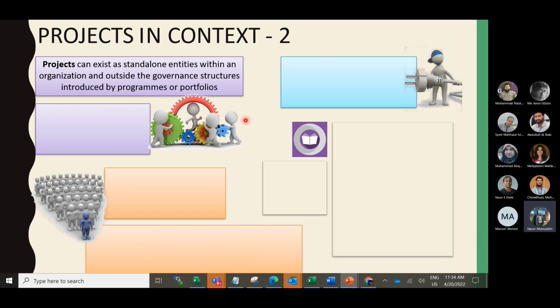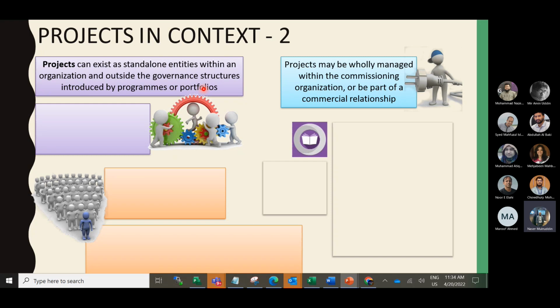So in the last slide, we discussed that projects can exist as standalone entities within an organization and outside the governance structure introduced by programs or portfolios. Projects may be wholly managed within the commissioning organization or be a commercial relationship. Projects can exist where an organization has been set up solely for the purpose of undertaking the project.